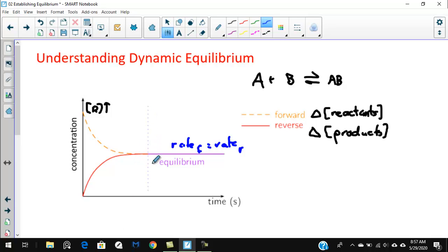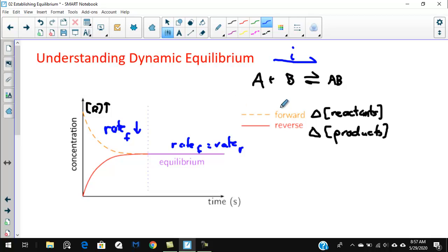So at this point here, this dotted line shows you when equilibrium was established in our system. Okay? And you can kind of see if this makes sense. As you use up reactants, the concentration of the reactants goes down. And so as time proceeds and the concentration of reactants goes down, the rate forward will actually begin to slow. So even though it was fast at the beginning, right? Initially it was very fast. It begins to slow as the reactants are used up, and we know that from our discussion of rate law,